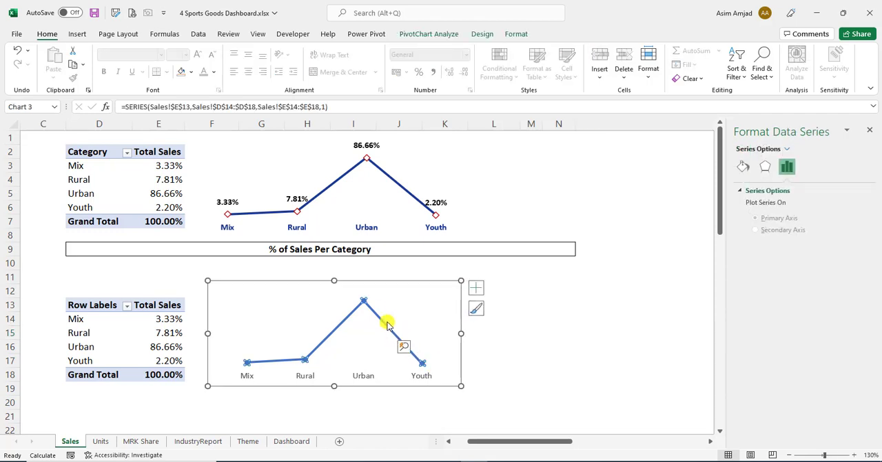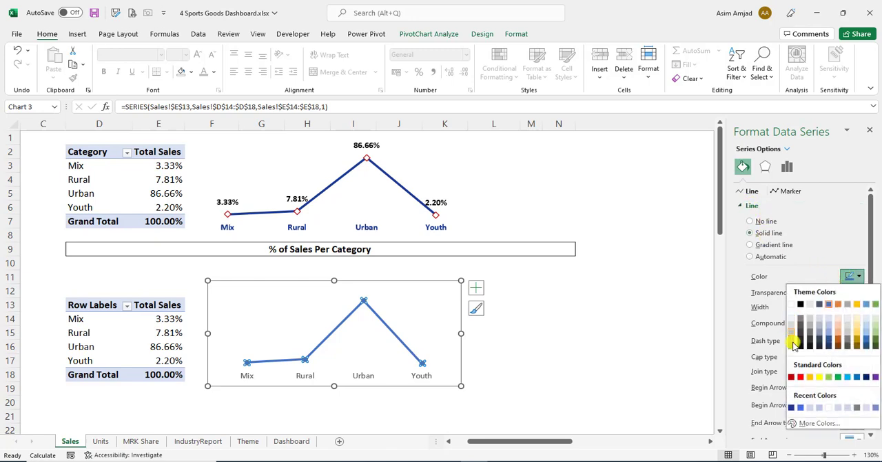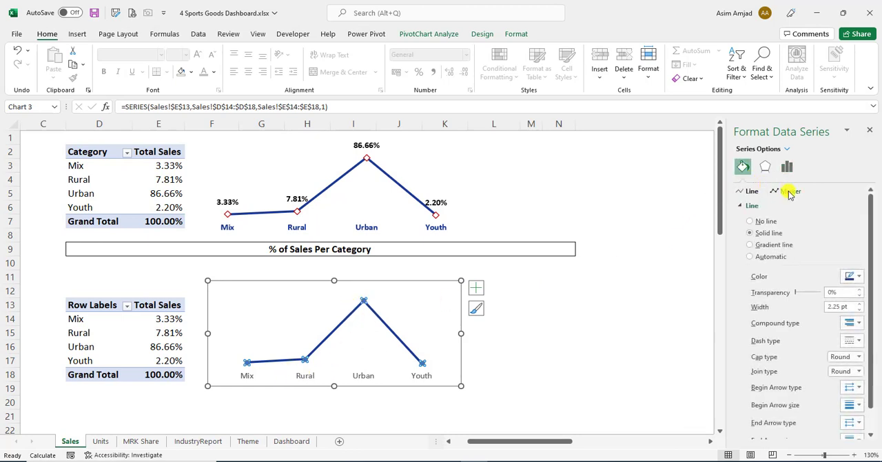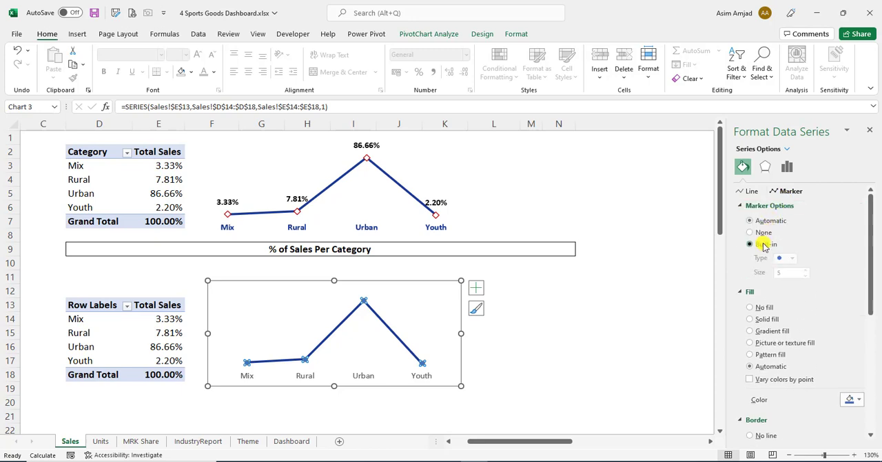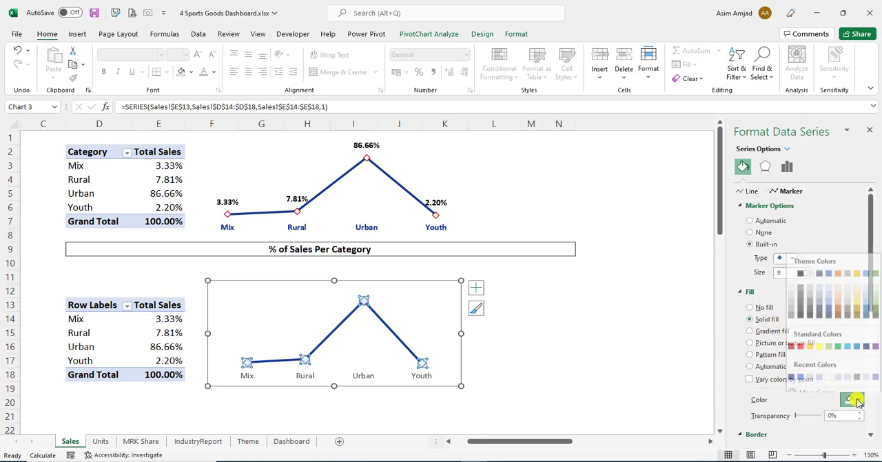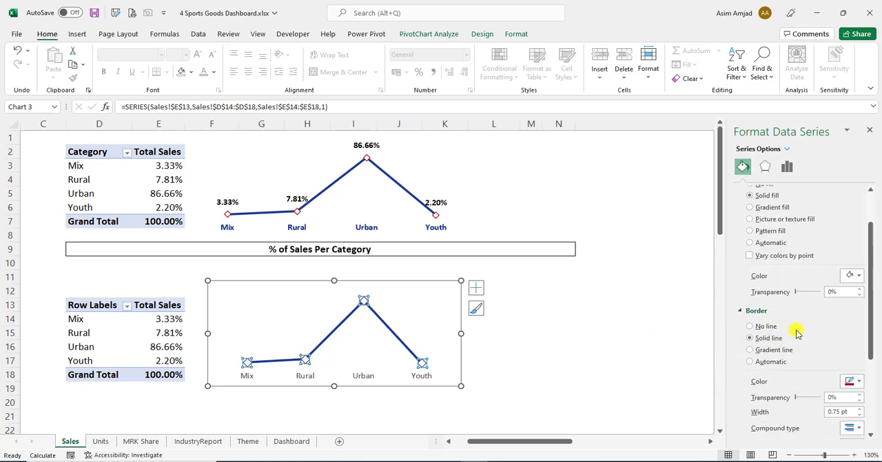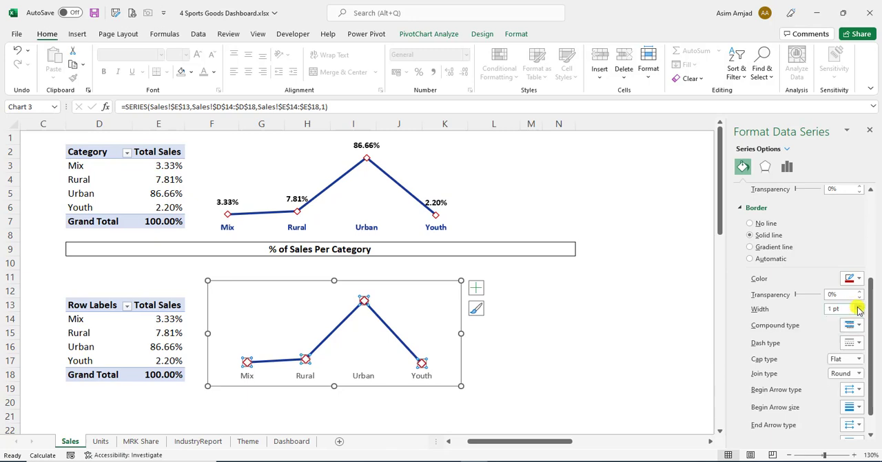So the next thing is to make this line a solid line with this color, and now select any of these header values, move to the Fill and Line option again, click this Markers, and under Marker Options make this size 8, or select this option. Okay, so solid fill with white color, and solid line with this maroon color, and let's increase its width